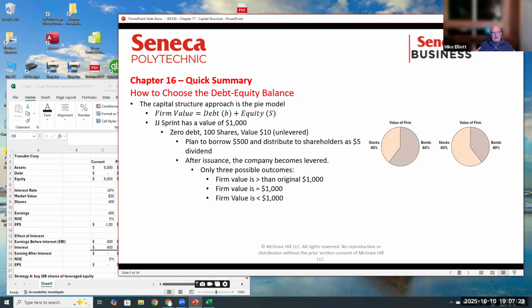What happens to this company after we issue those shares? Well, there's only a couple of real possibilities. After we invest the money and distribute the shares, either the firm has the same value we started with, which is $1,000, the firm is worth more than $1,000, or the firm is worth less than $1,000. Those are our only three choices. And in fact, when you start to get into the trading world, there's only three things that can ever happen with the trade. Either it goes up, it goes down, or it's unchanged. And that's just the way it is. So we have three things that could happen.